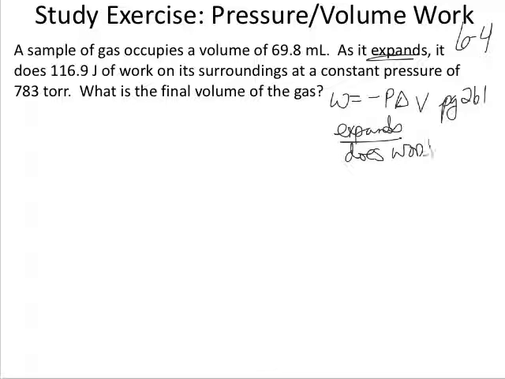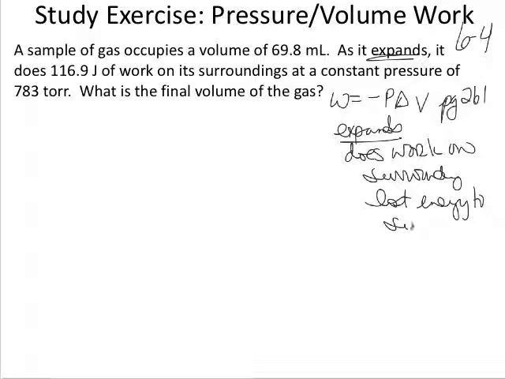So it's doing work on the surroundings. If it's expanding, this means it's lost energy to the surroundings, and this will always be negative. Okay, so if a gas expands, it's going to be a negative work,